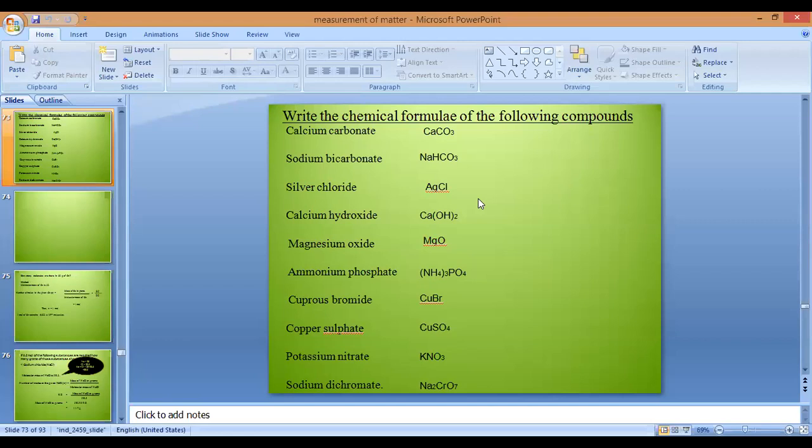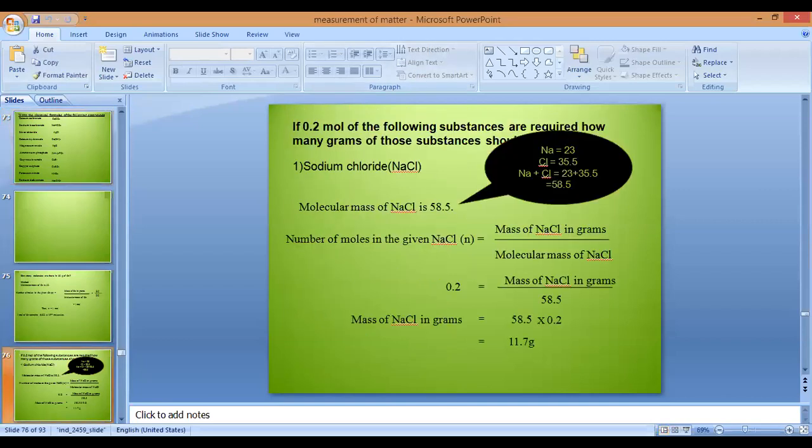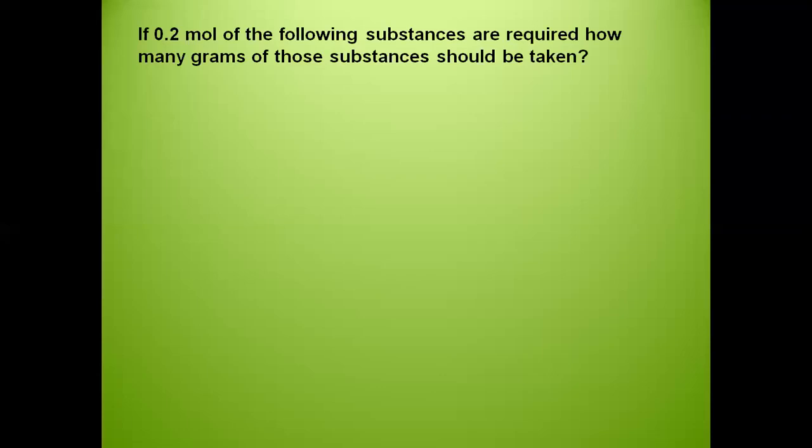And after studying the definitions of symbol, we studied the concept of mole. Now talking about mole, if you remember, we have also solved a lot of numericals related to mole concept. I've tried to cover all types of examples, but one question which is given in your textbook, on page number 57, question number 8, that pattern we had not discussed. So quickly, let me take one example from that and help you out with it. So let us see this question here. Page number 57, question number 8, which is, if 0.2 mole of the following substances are required, how many grams of those substances should be taken?